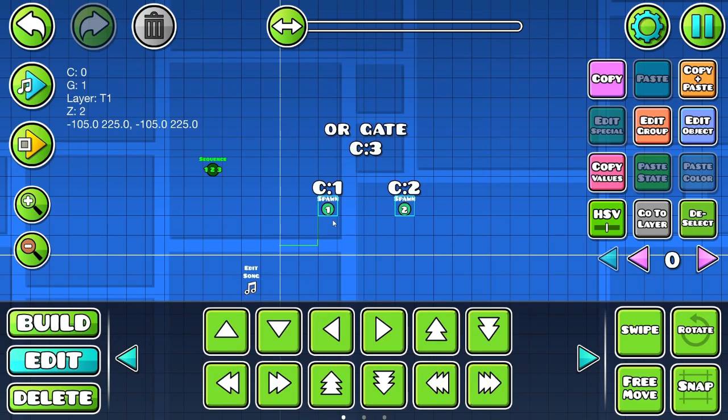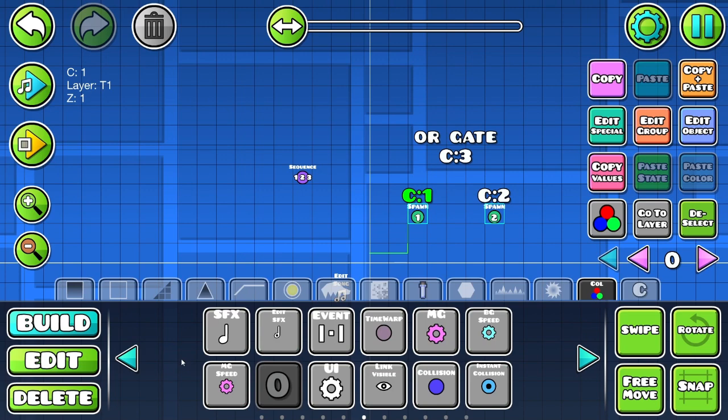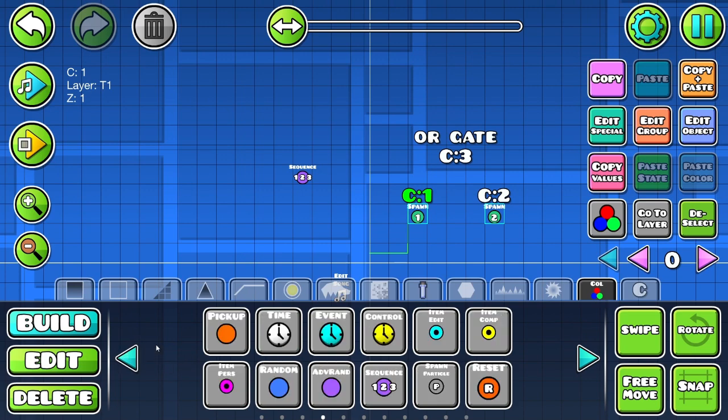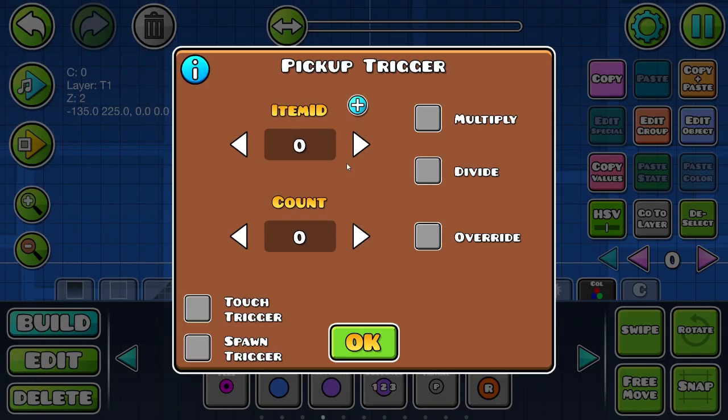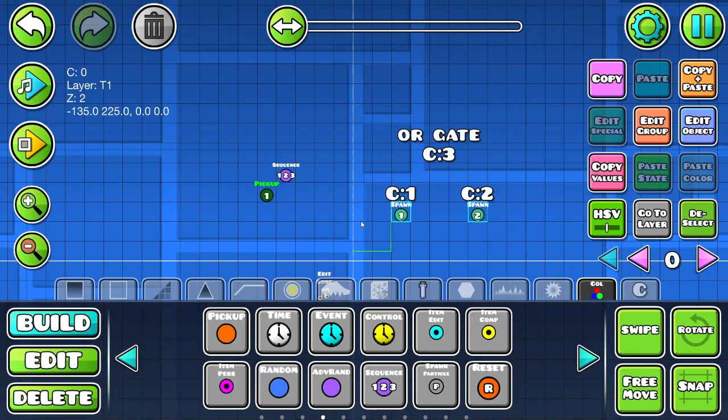So how do we change this item? Well, we're going to need a pickup trigger here. So the pickup trigger basically has an item ID that it affects and then changes the value of it. So in this case, we want it to affect